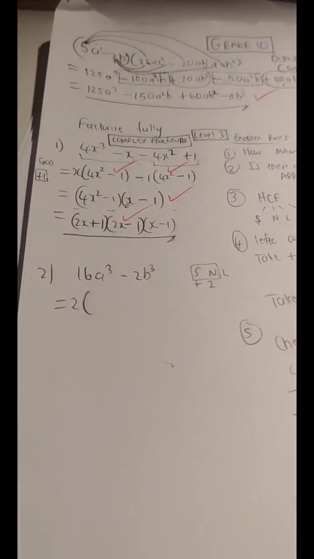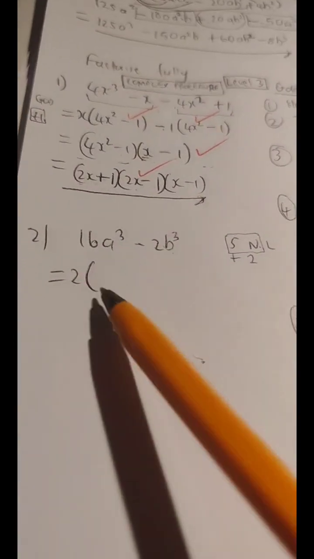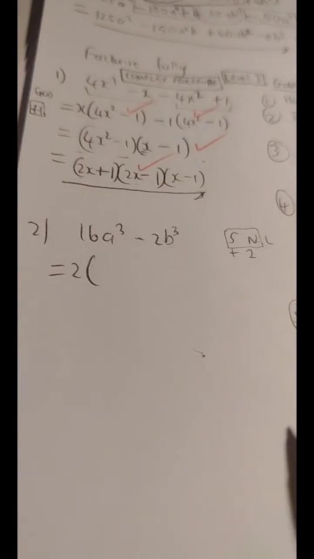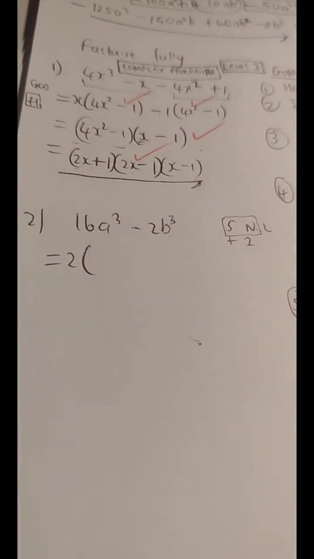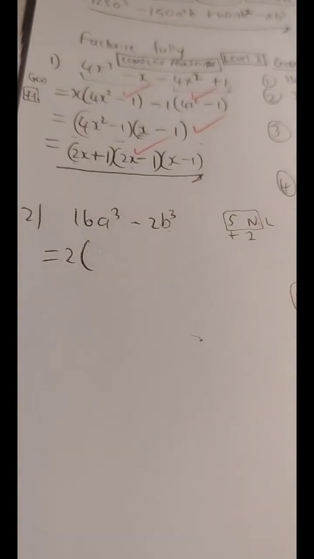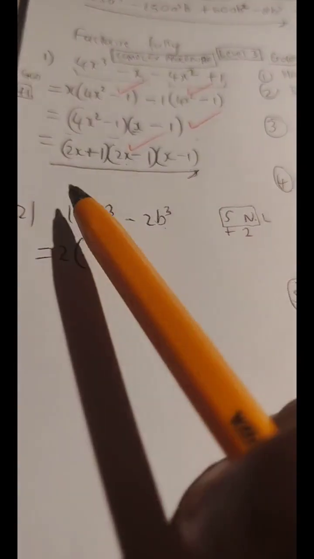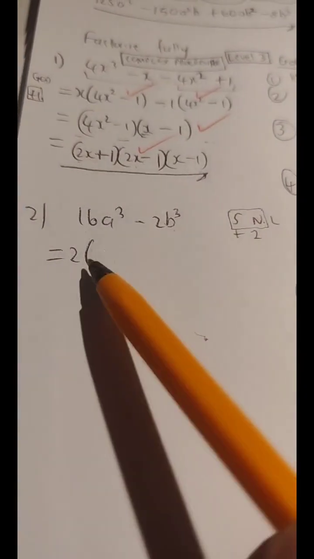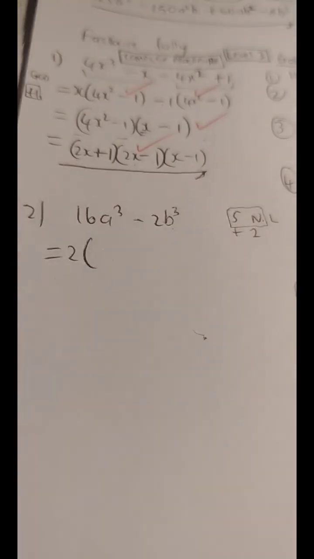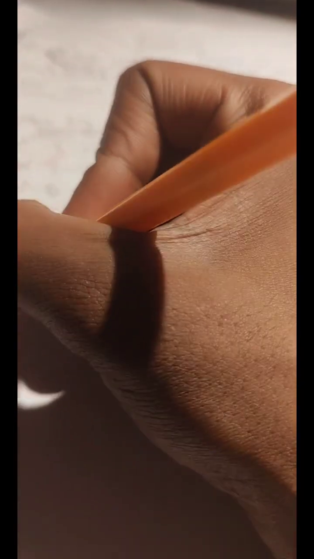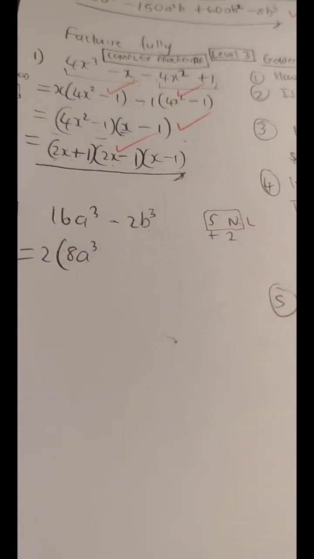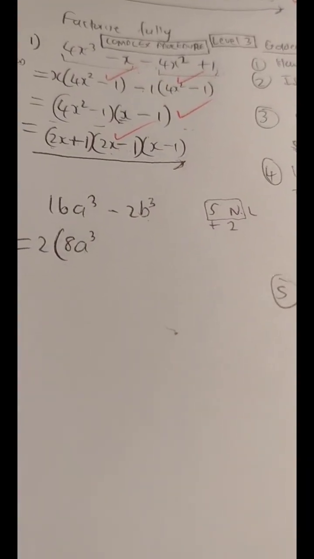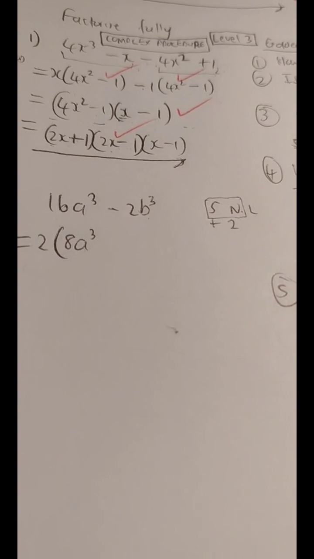So we take out positive 2 and then we wait. What is inside? 2 times what is 16? And then the a cubed, we drop it inside as a leftover inside the bracket. 16 divided by 2 is what? 2 times what gives you 16? So we know we're going to have 8, so 8a cubed in its completion, right? Okay, good job, guys. Good job, good job, good job.